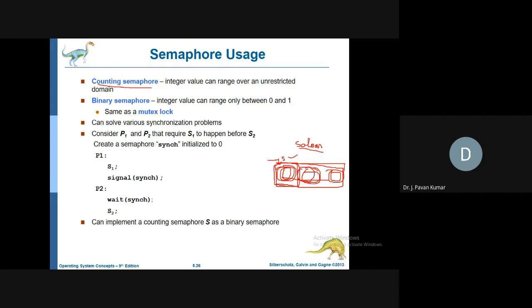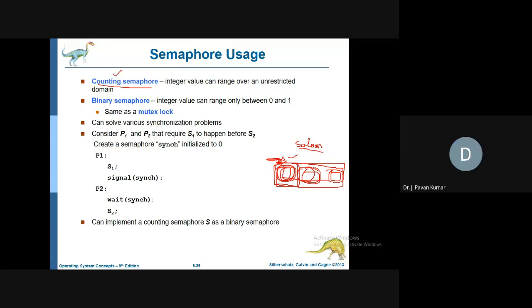One particular printer has got one job and it is printing. Now another process which wants to print has to wait in general. But if a pool of printers is there, say 3 printers, one is printing means another one can take the next job, another one can take the next job, like that. If all the 3 are occupied, a new job has to wait. That is the application of the counting semaphore. Got it? Yes, sir.